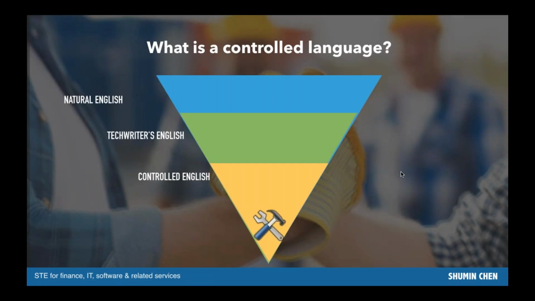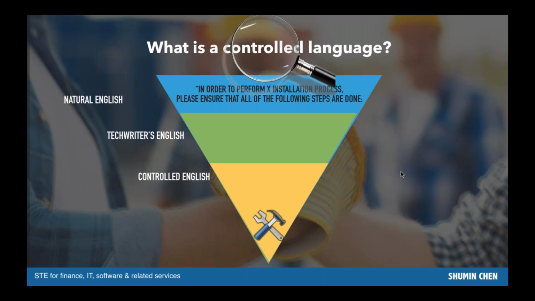So I just wanted to quickly give you an idea what simplified English really is. Simplified English is also known as Simplified Technical English, and to make it language independent, we sometimes call it a controlled language. And that's where you start to restrict the number of terms that you have in your vocabulary, as well as limit the way you make use of grammar tenses.